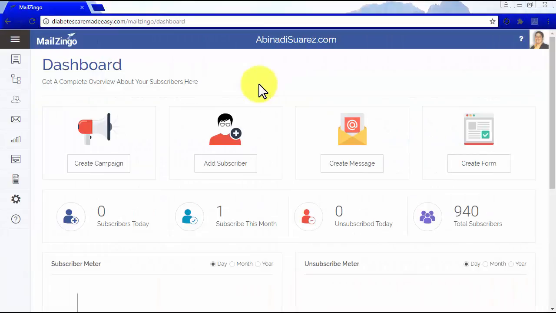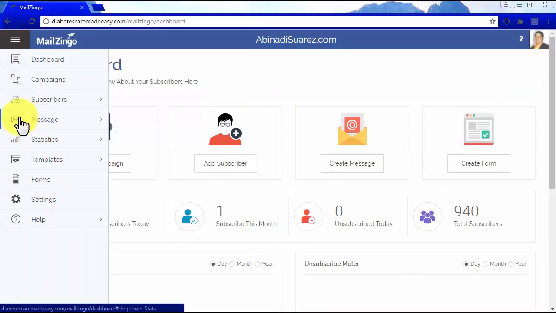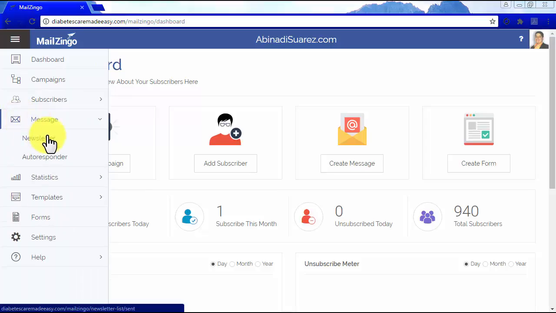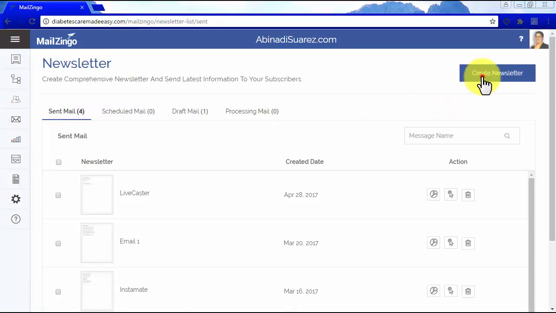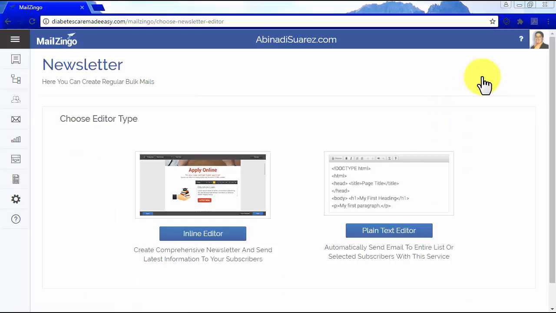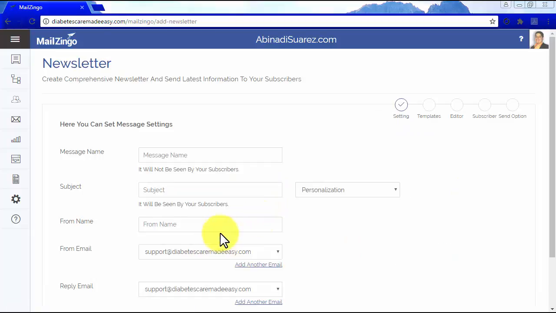Using a self-hosted email marketing service to create a newsletter. Start in your MailZingo account, click on the Messages tab, and select Newsletter. Click on Create Newsletter. You can either select the inline editor if you want to use templates, or the plain text editor if you want to send text-only newsletters. In this video, we are going to show you how to use the inline editor to create visually stunning newsletters